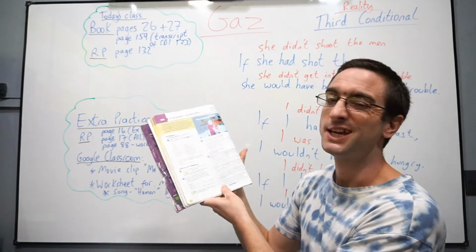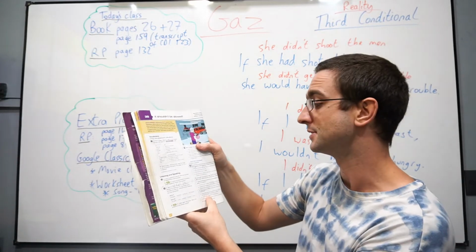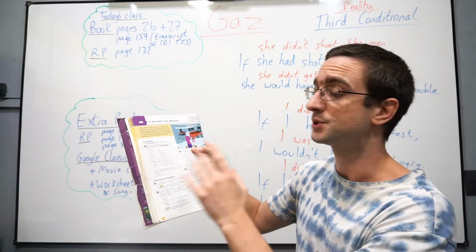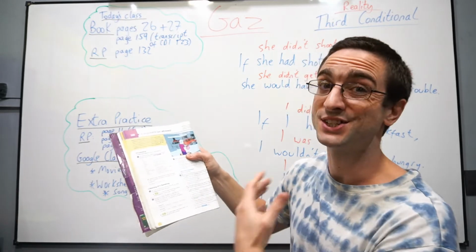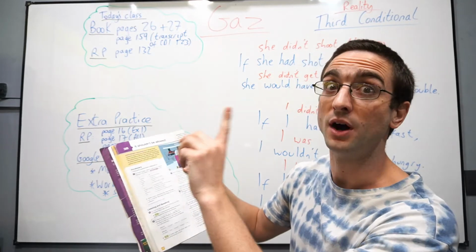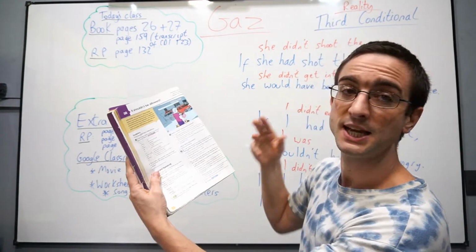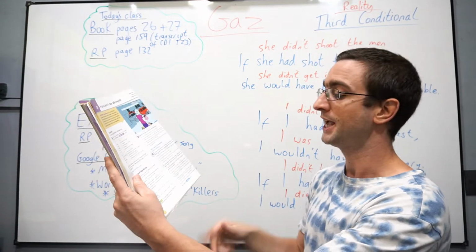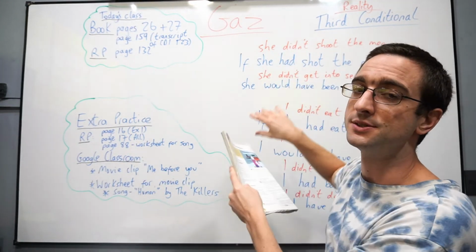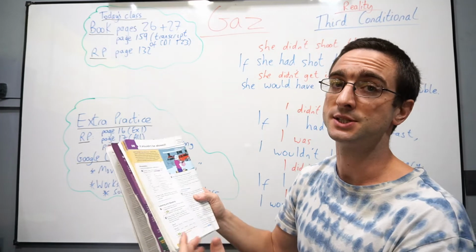Question 2 says, is the if clause, the clause with if, is the if clause always first in the sentence? Well, if you look at sentence A, it begins with if, so in sentence A, the if clause is first in the sentence. And if you look at sentence C, it says if, so this one again begins with the if clause. However, when you read sentence B, it says I, and you'll notice that if is at the end. I wouldn't have been too happy if, so here, the if clause is the second half of the sentence, which shows us that question 2, is the if clause always first in the sentence? The answer is